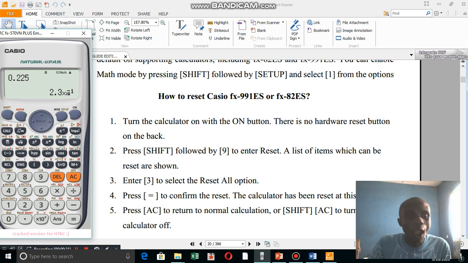But we can move back to our normal default mode, that is the Math IO. So when we want to go back to our normal default mode, we press Shift, then Clear number 9, and we can choose number 3 to clear or choose equal to, press AC. Now we come back to our normal default mode. When we press the same 0.225, it is no more going to give us the answer in standard form, but when we press SD to leave it in decimal place, it will give us